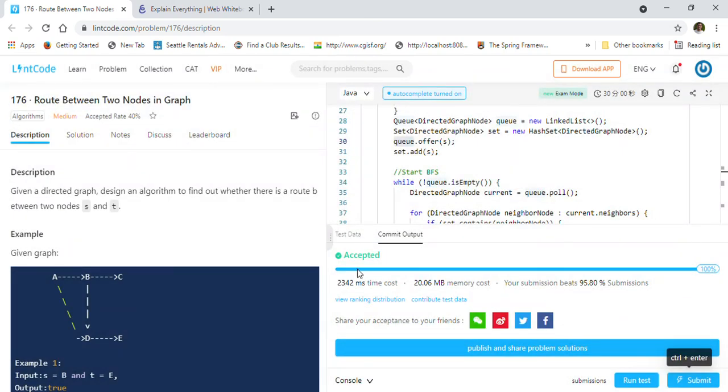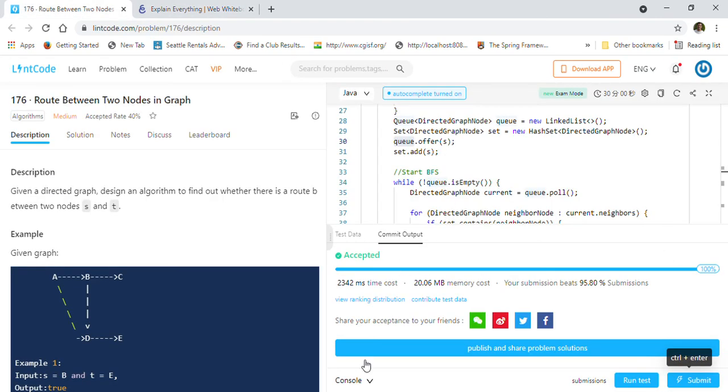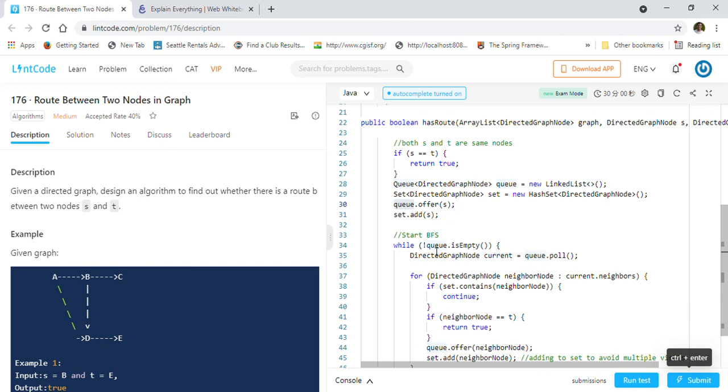So this is the way we can implement code to find a path between source and destination node. I explained in detail with this example how we go level by level, and we use BFS and a queue, and we have developed a solution for the same using Java. I will put the solution into my GitHub account. You can take a look there also, and try to run this with other examples.